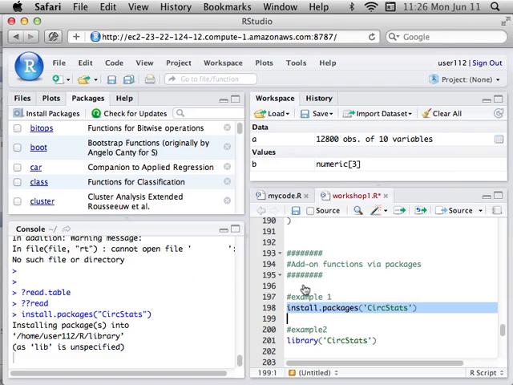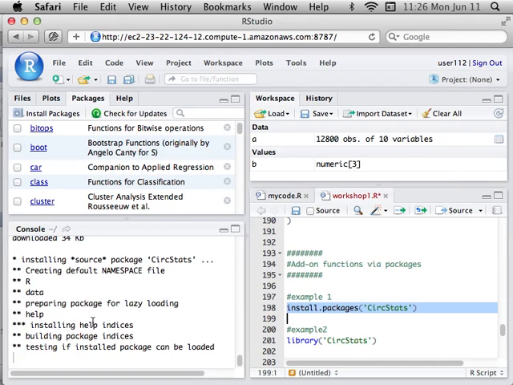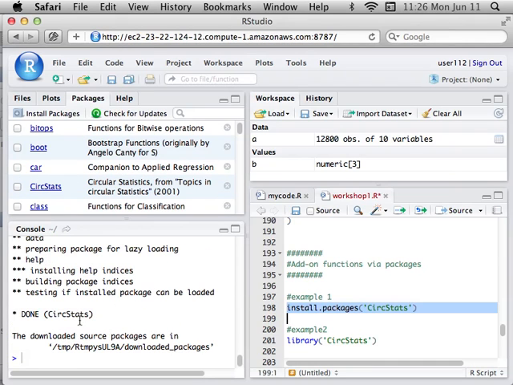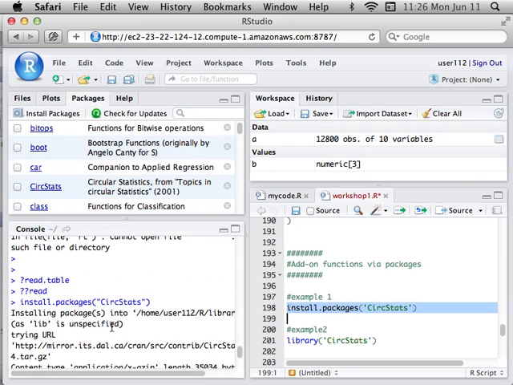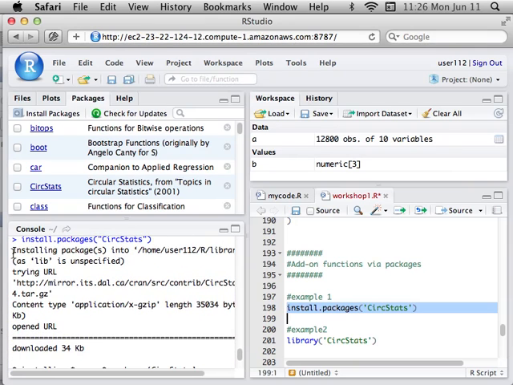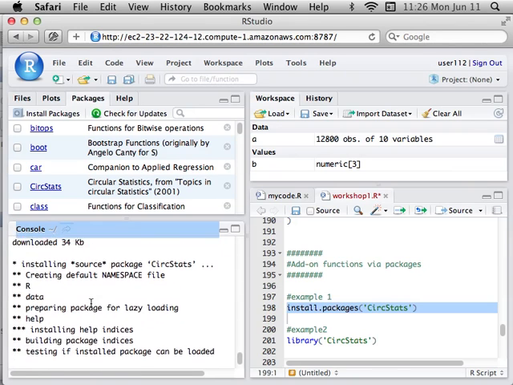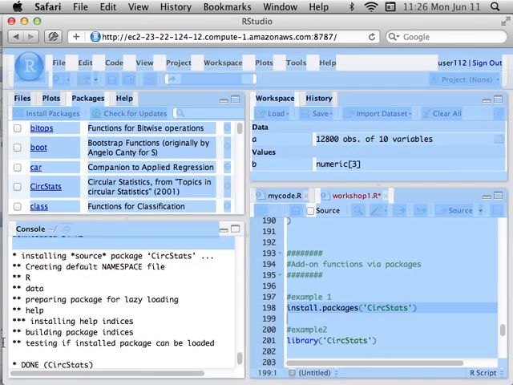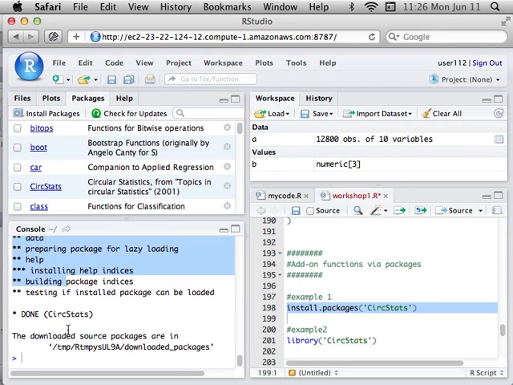So if I click install, it will do a bunch of stuff in the console. This part is just saying it's downloading, and it downloaded really quickly because it was a really small file, and then it's doing some installing, and then it just says, I'm all done. This message here you can ignore. It's just saying where it downloaded the file as a temporary location, but you can ignore that. So now that it's installed,